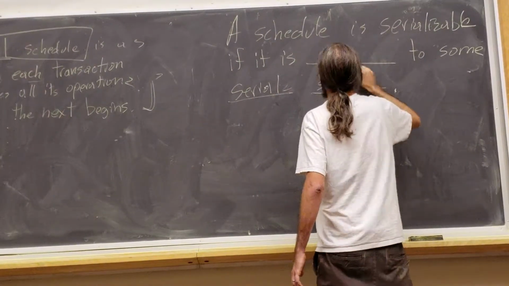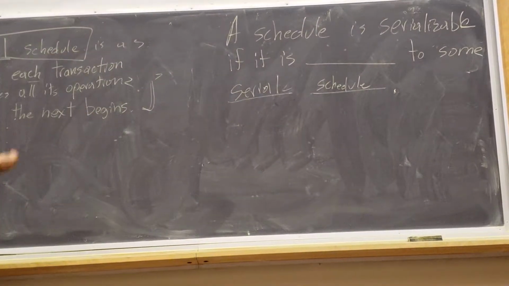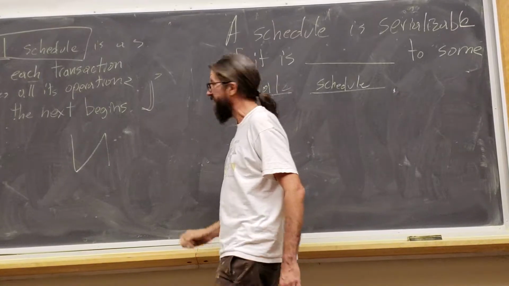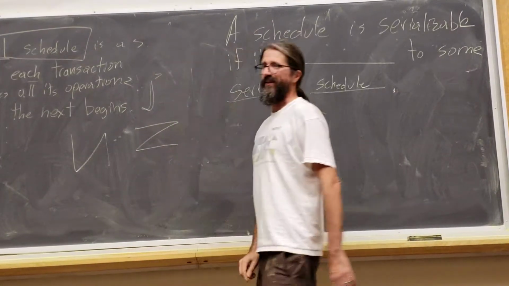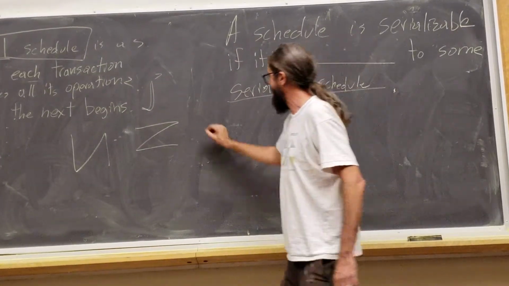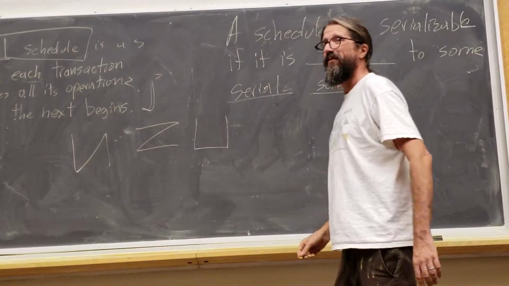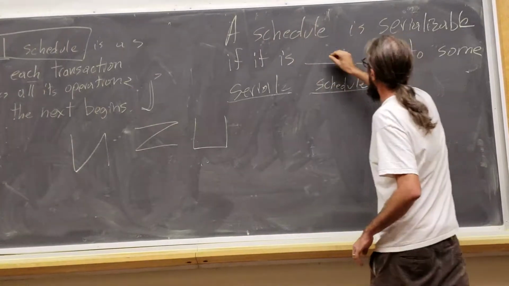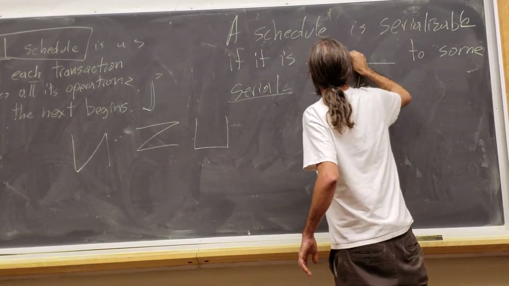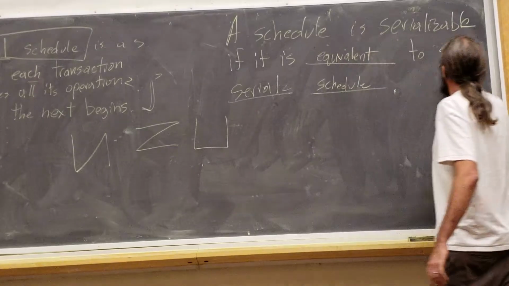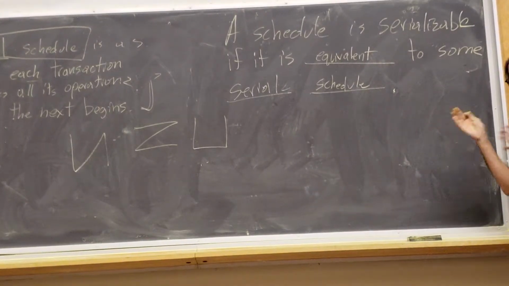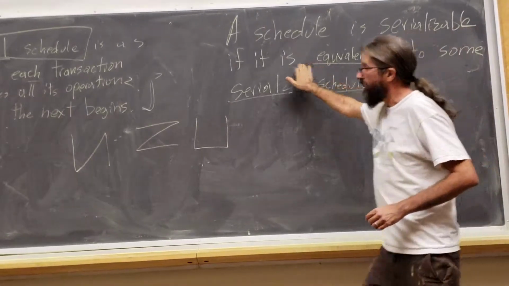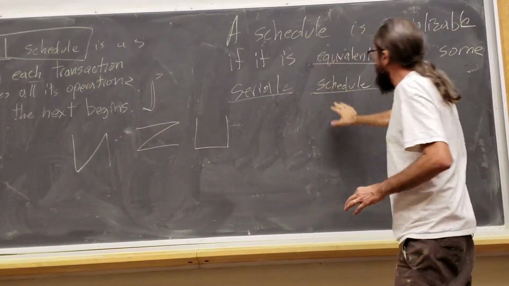And we saw that, right? Because we saw how, I wish I hadn't erased it, that one schedule that looked like this was okay because it was equivalent to the schedule that looked like that. Whereas the schedule that went like that was not equivalent to any of the serial schedules. And we didn't care which serial schedule, because the serial schedules could have happened even if there was no concurrency. So we just need to show that it's equivalent, according to some definition of equivalence, to some serial schedule.